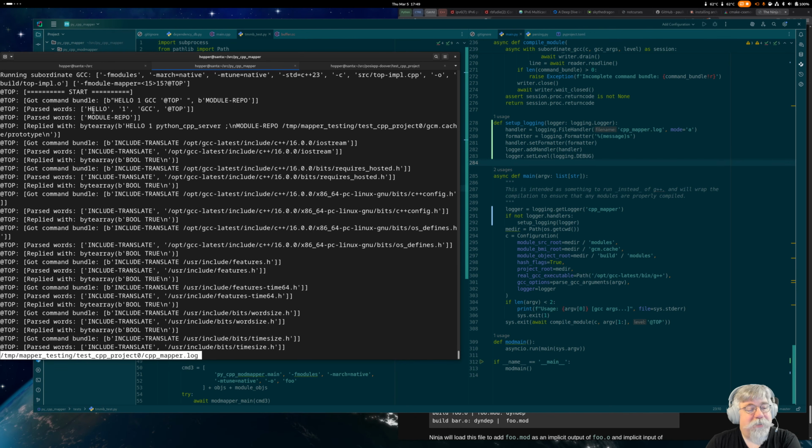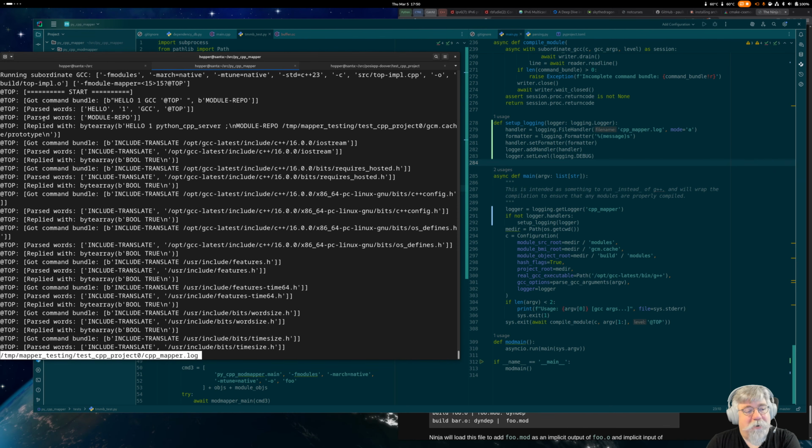So then I parse it. Ah, yes, here's the module. No, here's the command bundle here. All right, here's the parsed result of it. So it splits it all up. It goes, yes, I understand the hello command, or it doesn't even do that. This is just parsing. So then it gets this is the thing to parse, words module repo, and then it goes, oh,